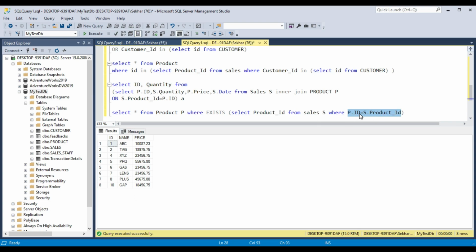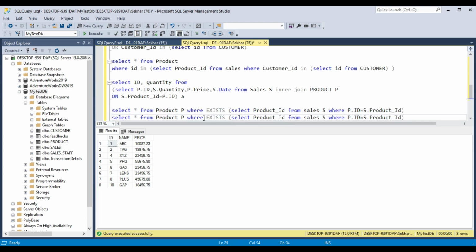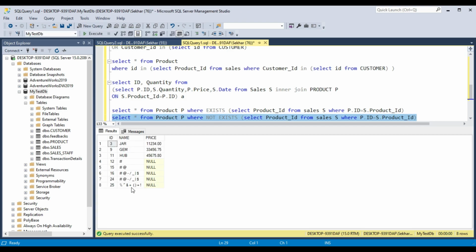If we use not exist here, it is like the opposite. It will give those results which exist in sales but not exist in products. This is how you can use exist and not exist along with subquery.